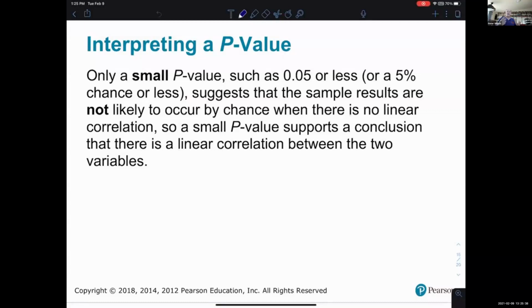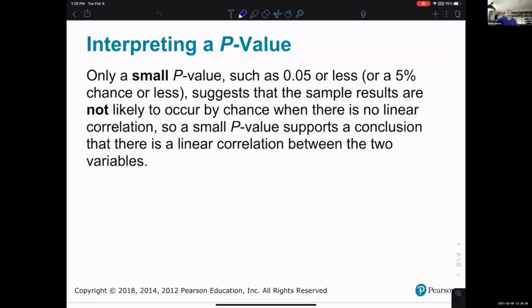So imagine that if you looked at your data and it all seemed to line up really nicely, then you would think, wow, what's the chance that it would line up that nicely if really in the overall population there was no linear correlation? Well, that's what the p-value tells you. And if the p-value is very low, that suggests, well, that's really not that likely. And then that supports the idea that the reason you're seeing lineup in your sample is because there is a